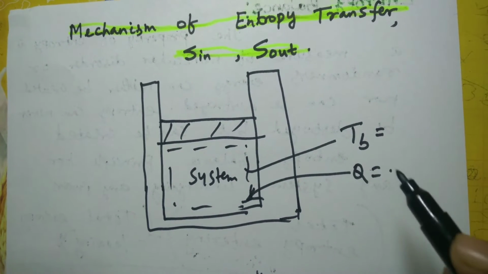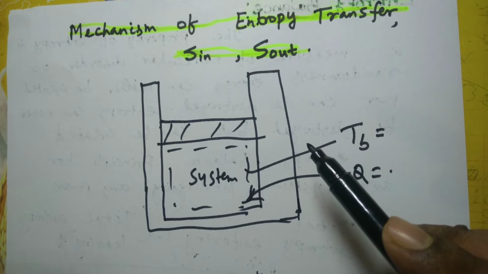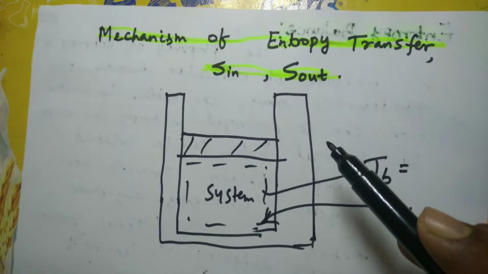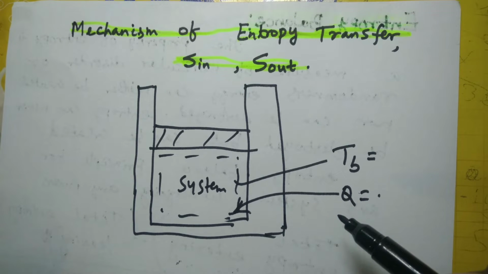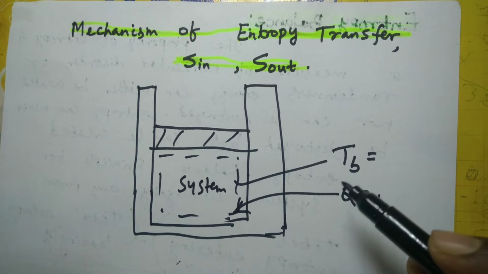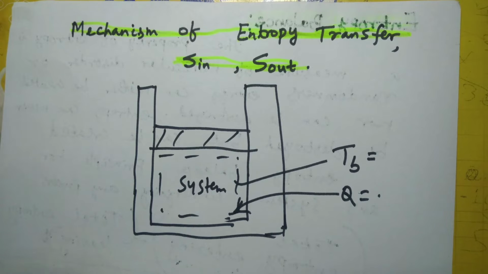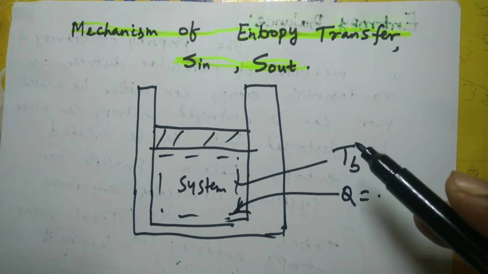So you see, along with heat as well as mass, entropy is transferred into the system or out of the system. So entropy जो है वो heat के साथ आ सकता है या जा सकता है, and apart from that,